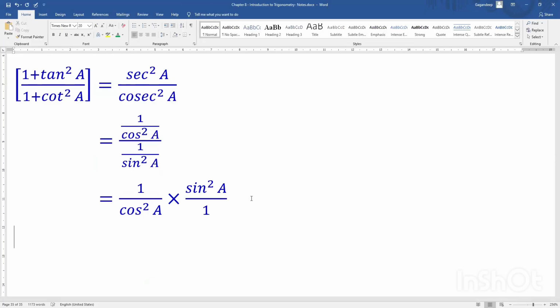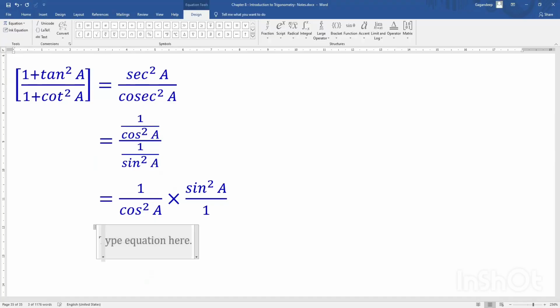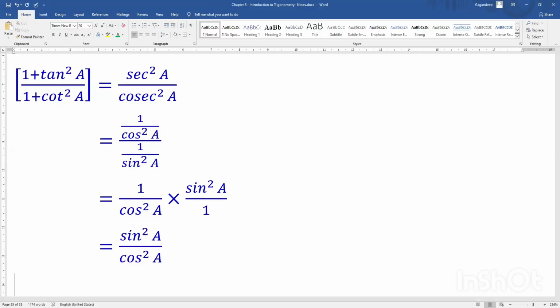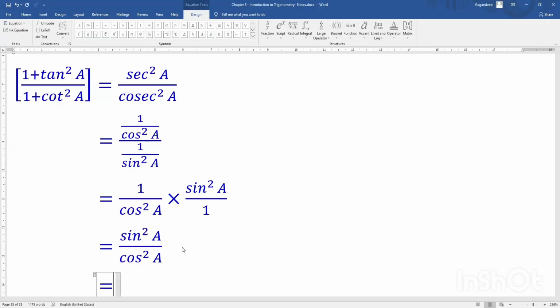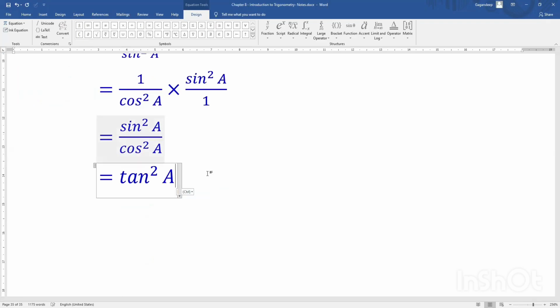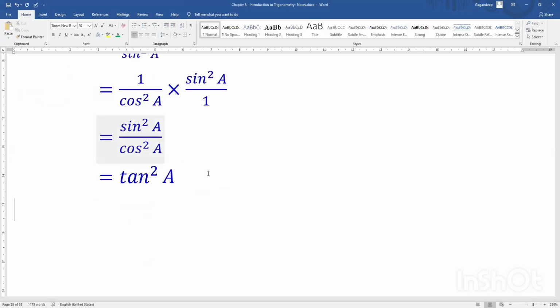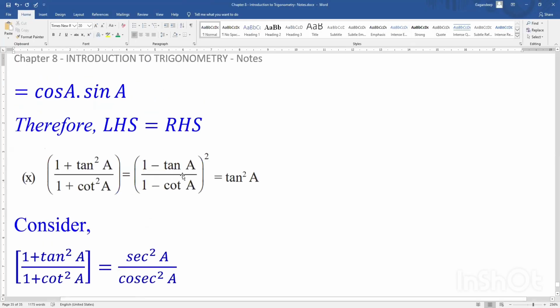So now we have sine square A by cos square A, which is nothing but tan square A. So we get tan square A. Next, I'm going to consider the next term, which is 1 minus tan A